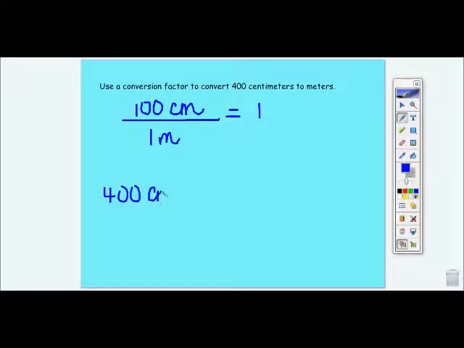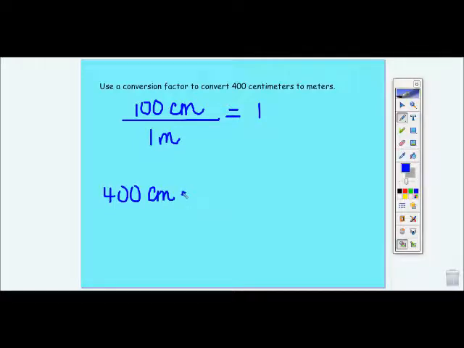So if we're going to use that same one to convert centimeters, let's go ahead, and there are 100 centimeters in each meter. Okay, so those equal each other, so those are equal to 1 whole. So we want to change the centimeters. So we're going to go ahead and we're going to do 400 centimeters. We're going to multiply that by